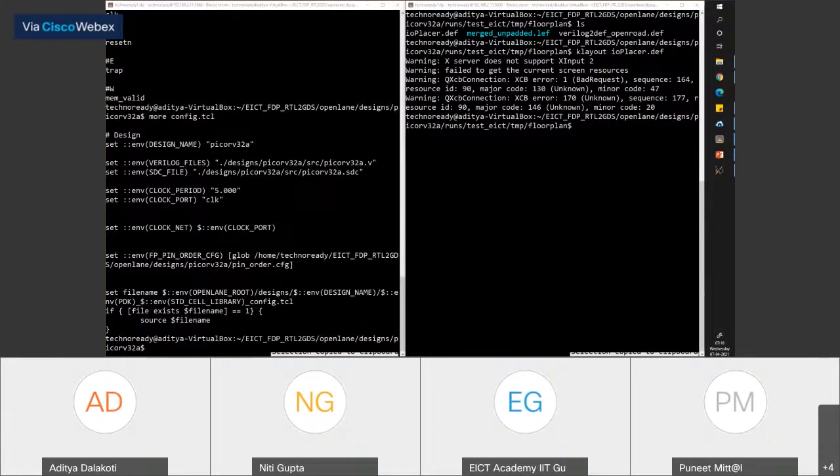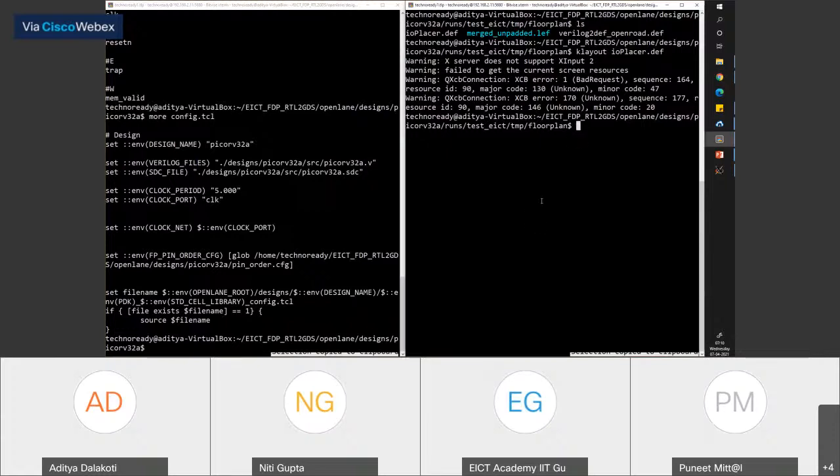Then there is a question regarding the floor plan. Basically, first you type init floor plan, and then you type place IO all. Someone's asking, how do we observe the layout?